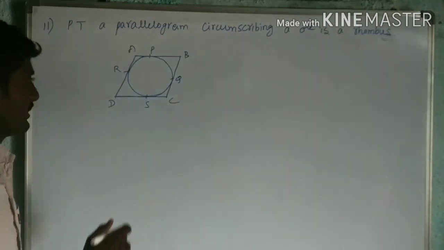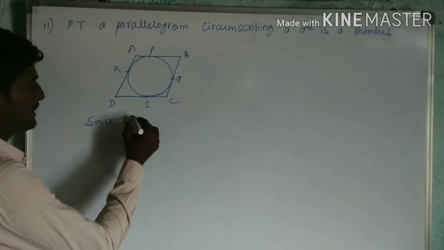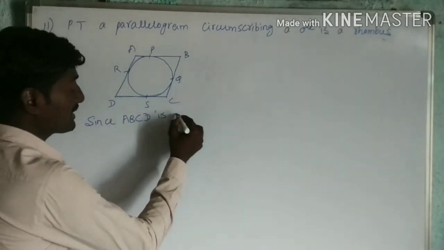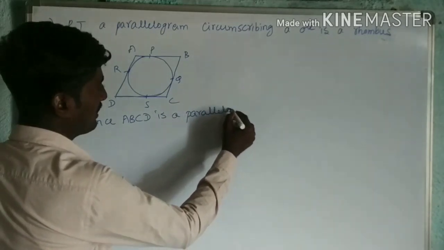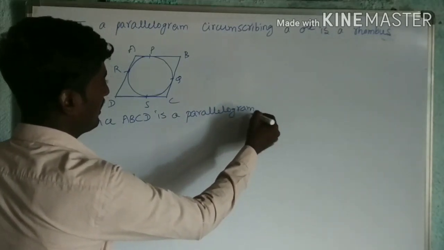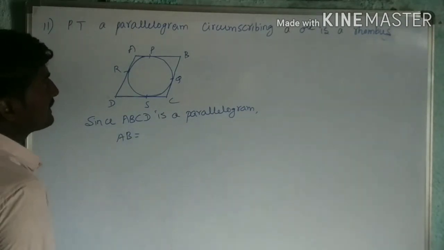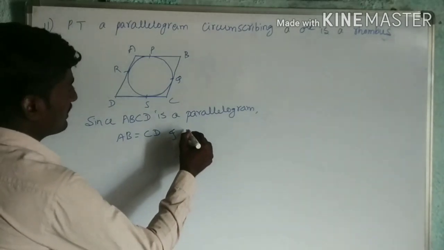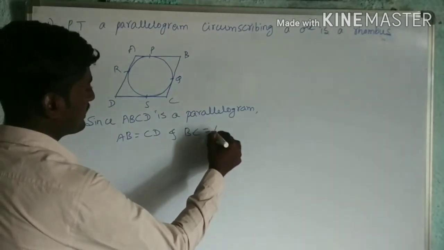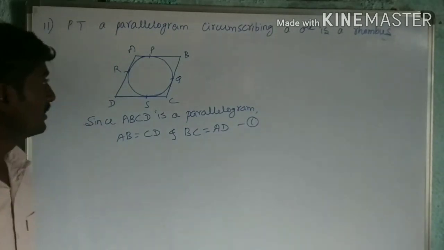Where they have given that ABCD is a square? Since ABCD is not a square, it is a parallelogram. ABCD is a parallelogram. In a parallelogram, the opposite sides are equal and parallel. AB is equal to CD and BC is equal to what? AD. I'll take this as the first condition. Okay. Now,